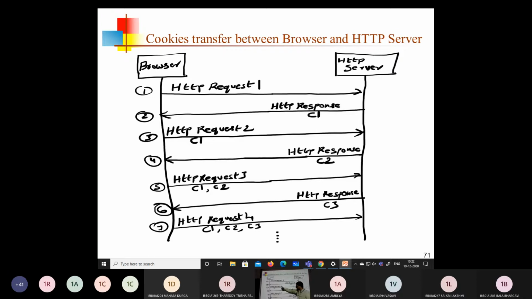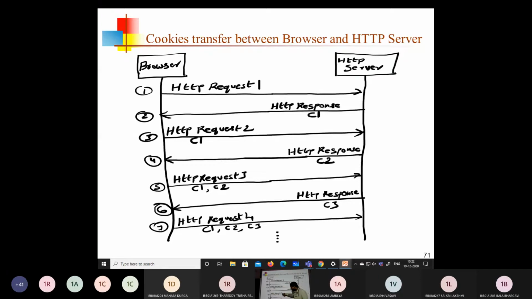After receiving request 2 and C1, the server does some processing and generates the response. Along with this response, the server may also add C2, a cookie 2, and it is sent to the browser. After some time, request 3 is generated.